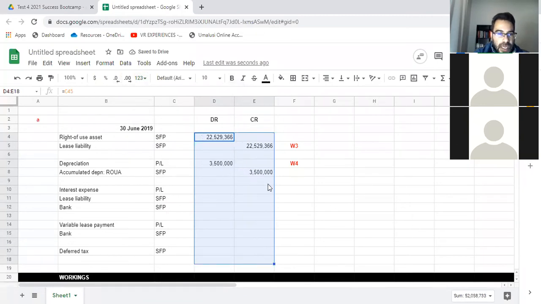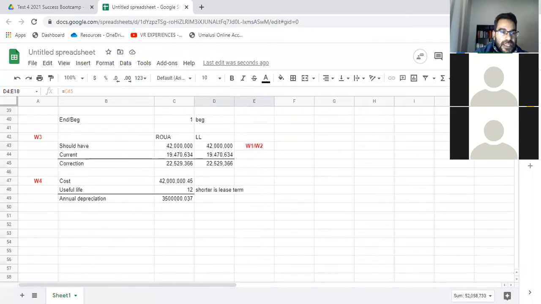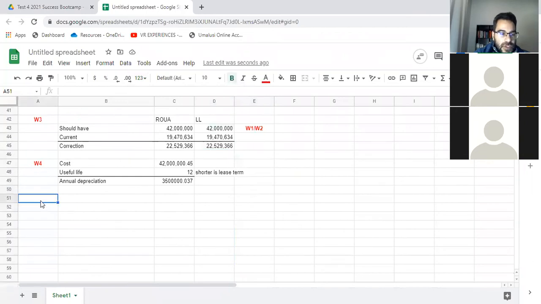Okay. Now we're going to do the bank payment. Okay, so the bank payment, they said you must lump everything together. So we can lump everything together. So working 5, it is going to be monthly payment. Once again, you don't have to do this long thing. I'm just doing it to show you the thinking process that's going through my mind. In an exam, you can just write it out very quickly.